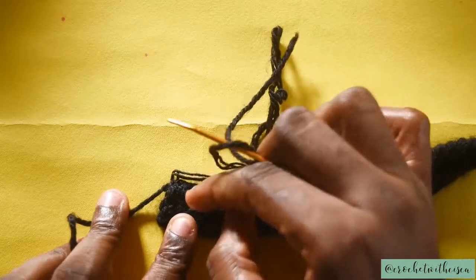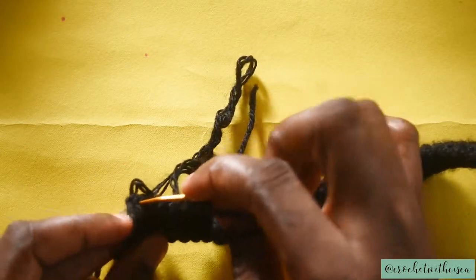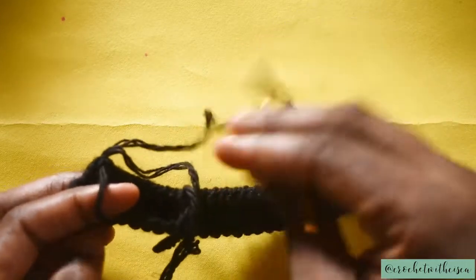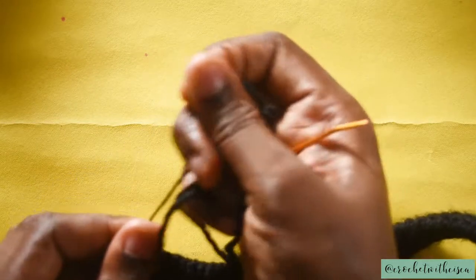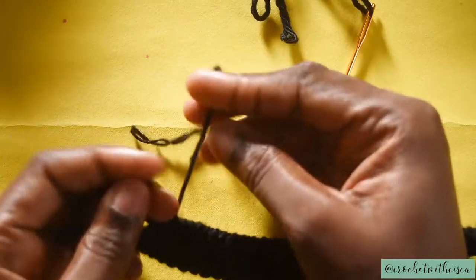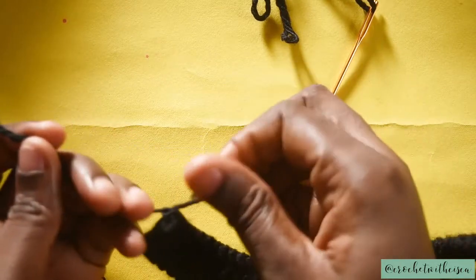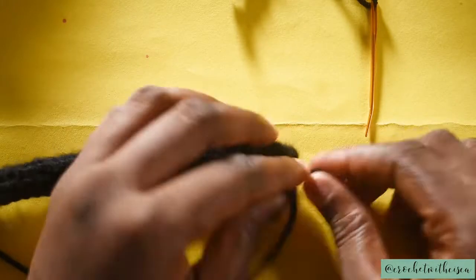So now that I've gotten to the end of this, what I'm going to do next is to pass my needle through the end again. So I'll pass it through like this, and then I'm going to bring it into this part so we can have it secured at this end. And what I'm going to do right now is to cut my yarn. I will use this part to create a knot for extra security. Okay, so I'll just go on to create a knot here and repeat the same thing at this other end,